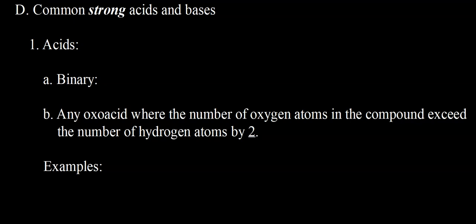So for the acids, there's three strong binary acids. They are hydrochloric acid, hydrobromic acid, and hydroiodic acid. And then for the ternary acids, technically we can use this. Any ternary acid where the number of oxygens in the compound exceeds the number of hydrogen atoms by 2 or more is a strong acid. So the strong ones you need to know, the ones we mostly encounter, are sulfuric acid, nitric acid,